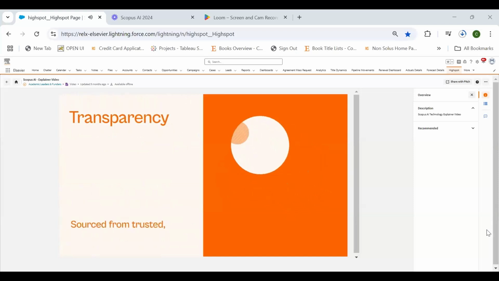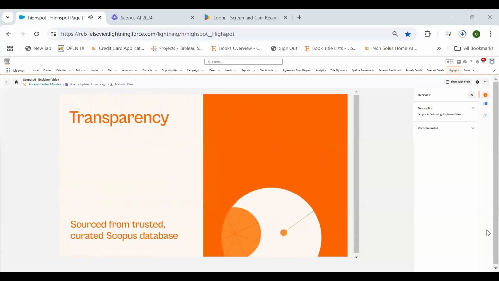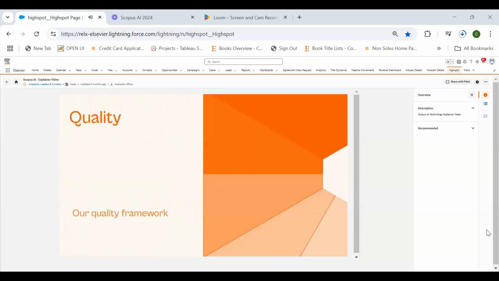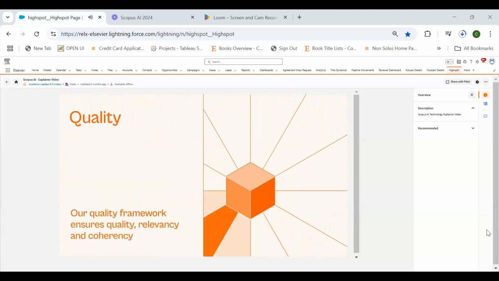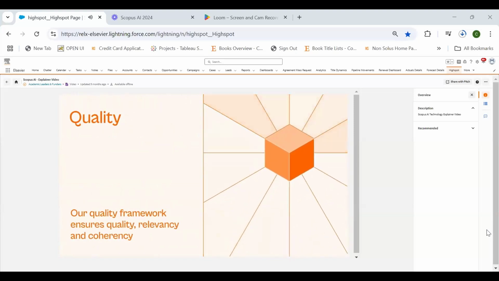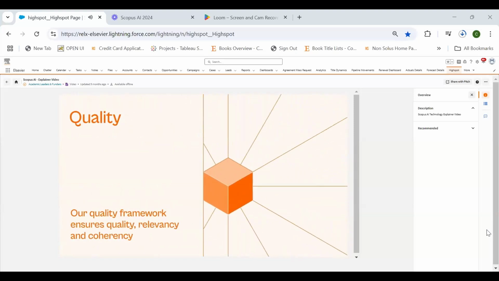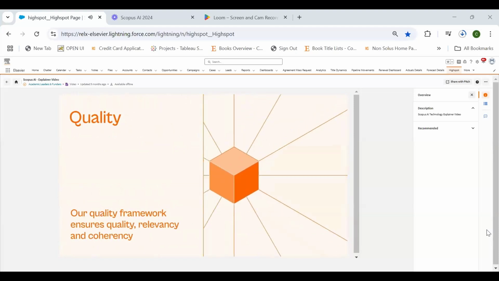Transparency. We require Scopus AI to ground all its claims on the curated Scopus database and provide references for everything it says. Quality. Scopus AI undergoes intermittent sample evaluations using our quality framework to ensure that the outputs meet our rigorous standards for quality, relevancy, and coherency. Reliability.